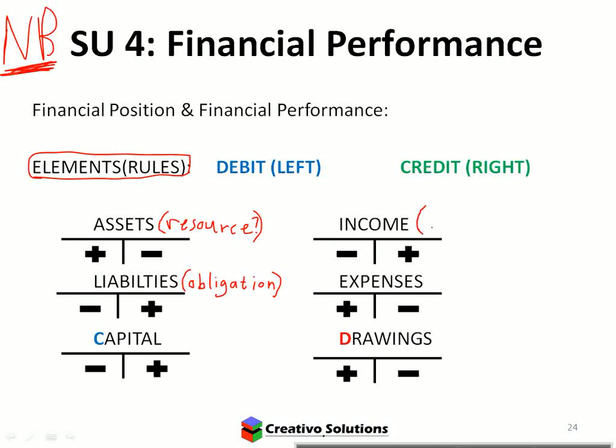How do I know what income is? Increase in benefit. Okay, so if I get income from interest income, yes, interest received. Right, so they're actually really easy to identify. The only one that you probably will have trouble identifying is maybe sales. Is sales income? Yes. Is services rendered income? Yes. Okay, if you render a service or you give a product, it's still income. It's an increase in benefits.